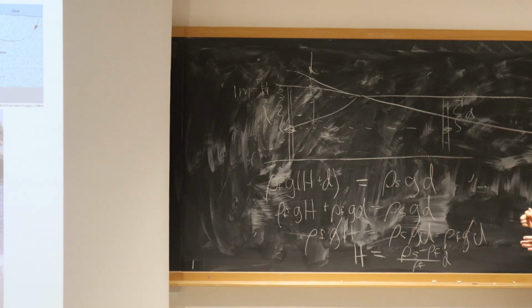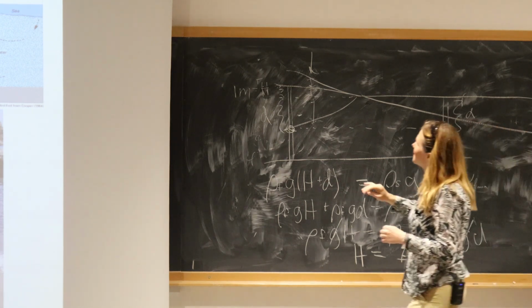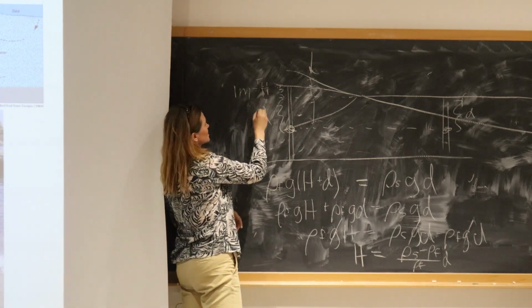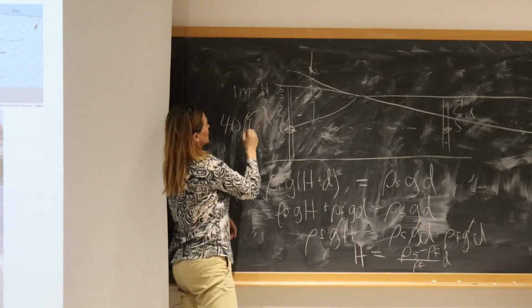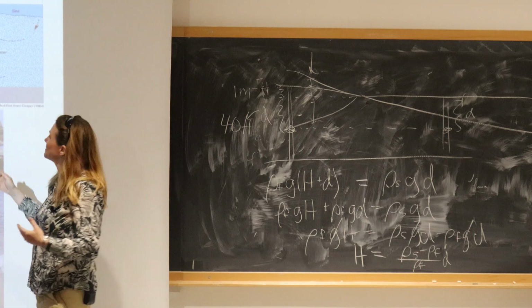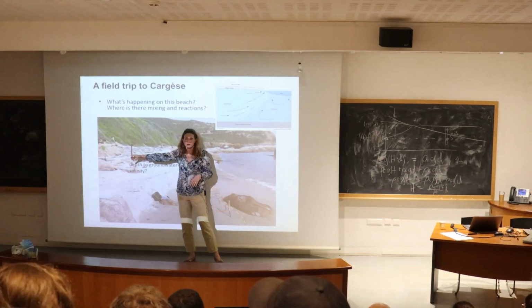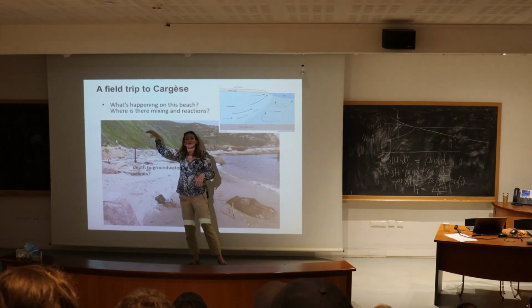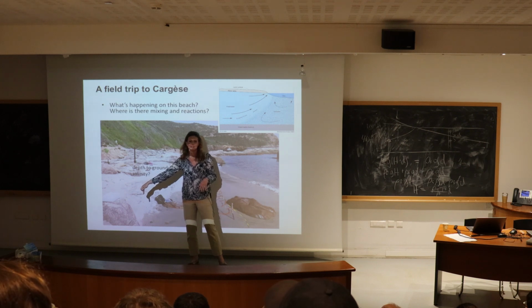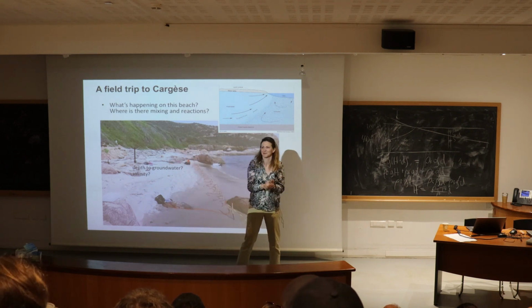And if we put in typical values for the density of salt water and the density of fresh water, you can do this, right? I'm kind of zipping through it now because we're running out of time. But it turns out that D is just on the average 40 times H. So what does this mean? It means that if we're sitting here and we've got maybe like a meter of fresh water head above sea level, we would have to go another 40 meters down to get to salty water. That's kind of crazy, right? It's like more fresh water than you would think.